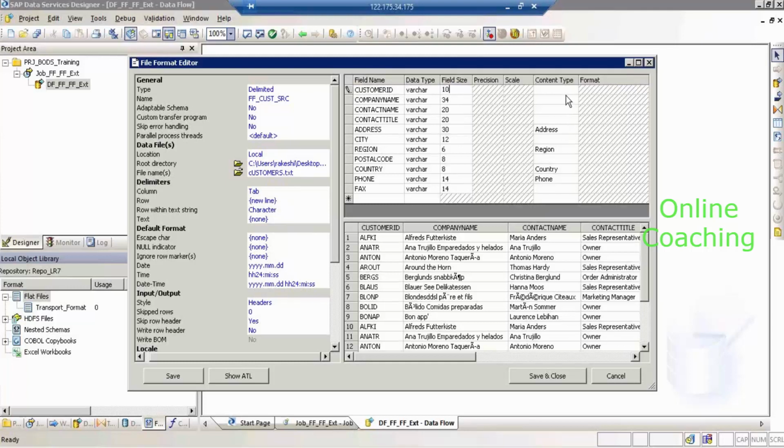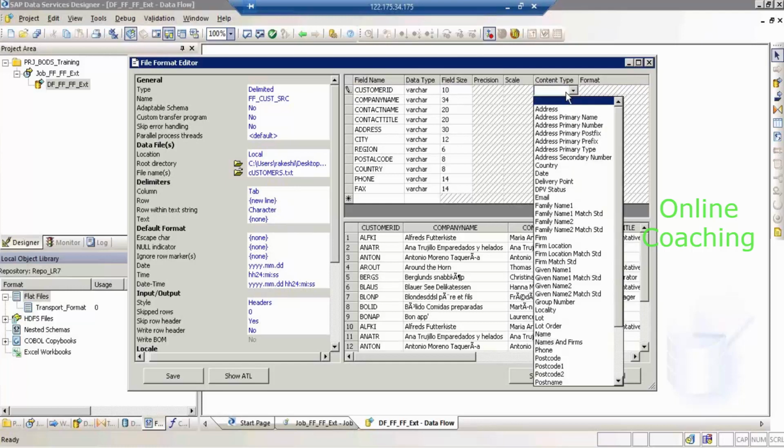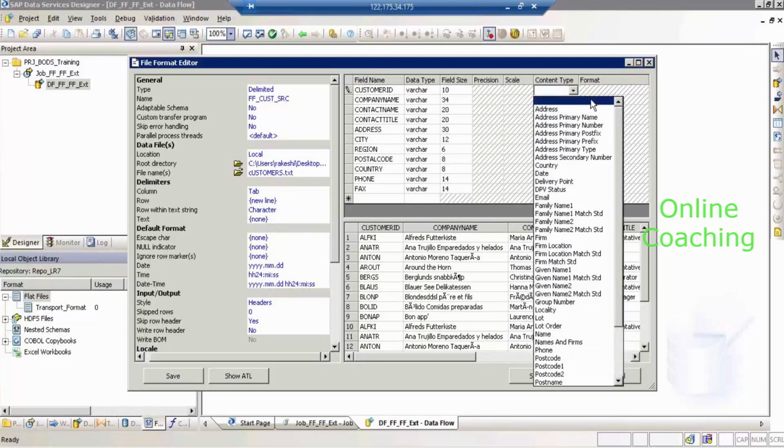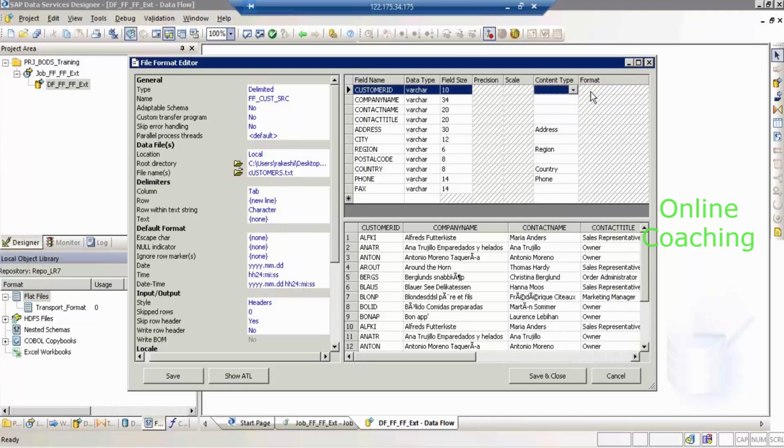And if you're trying to link your data with any content, right? So these are the pre-built content types that are available with data services, right? Social security numbers, routing codes for banks, then region codes, and name and forms like locality, postal codes, titles, right? Mr., Miss, Master, right? And then your country code, date format, delivery units. You can link your data to any of this if you know its content type, and if you have a